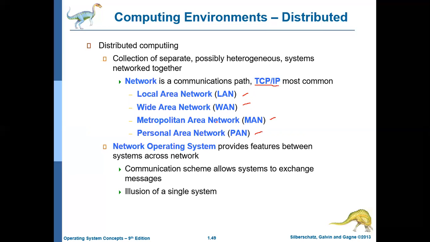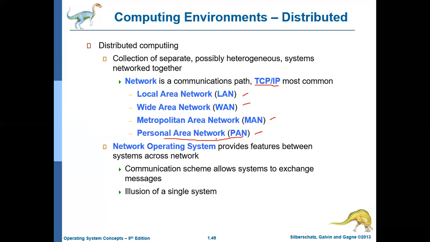The computers interconnected from one building to another building, maybe separated by a few kilometers, is called a metropolitan area network. And computers separated by large distances, more than several kilometers, can be called a personal area network.